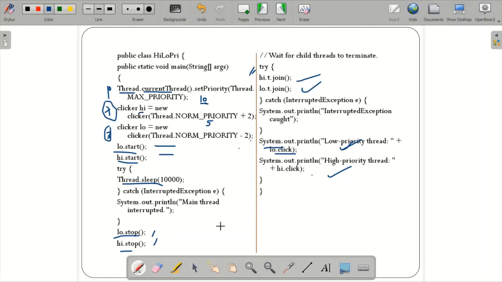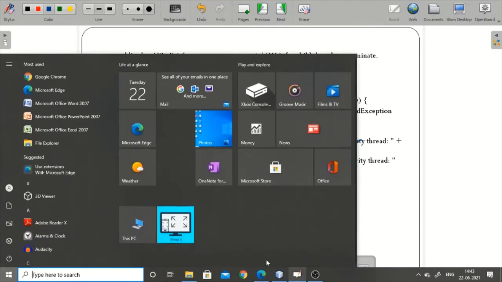When you tell it over here, your thread is terminated, but you can also wait for child threads to terminate in this block. That is, high.t.join means it will wait until the higher priority thread finishes, and low.t.join means it will wait until this particular thread finishes its work. Within this priority program I have used the concept of join also. It's optional. If you want, you can use it; if not, it's fine. Finally this will be working, and after that it will print how many times it has been executed. So let us see the execution part over here.